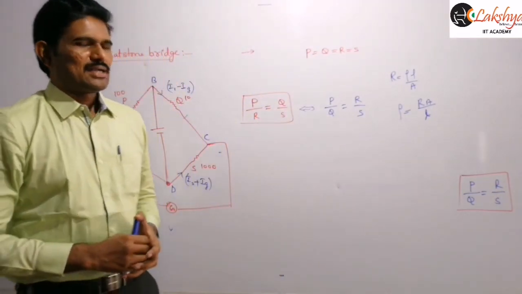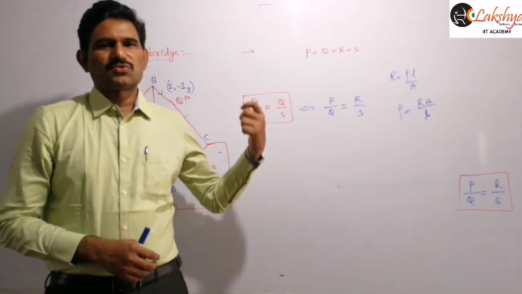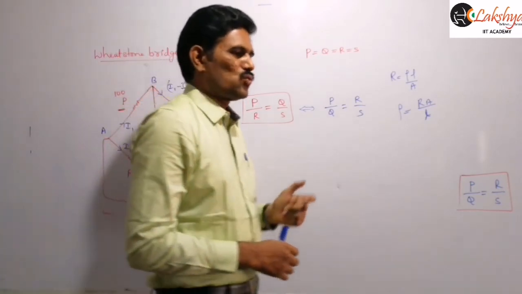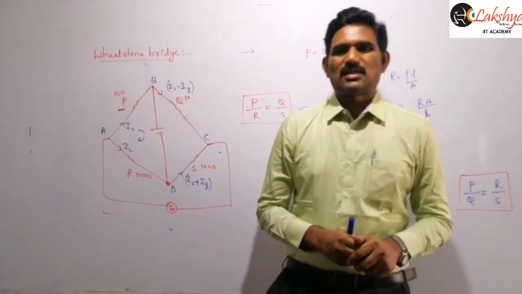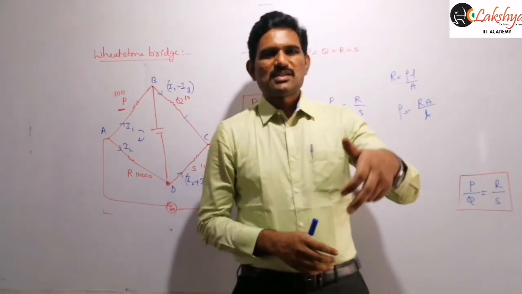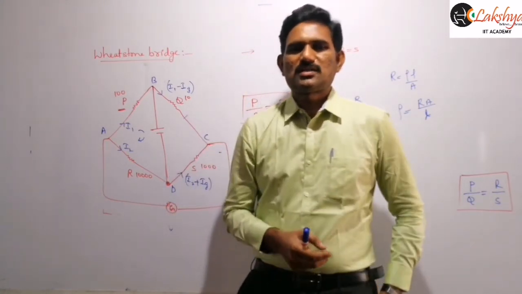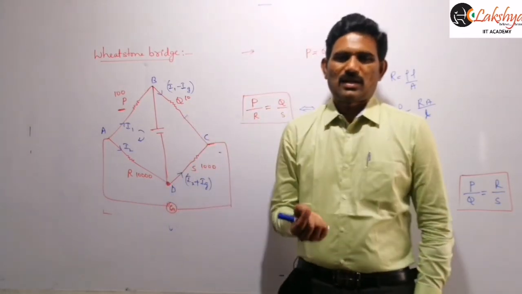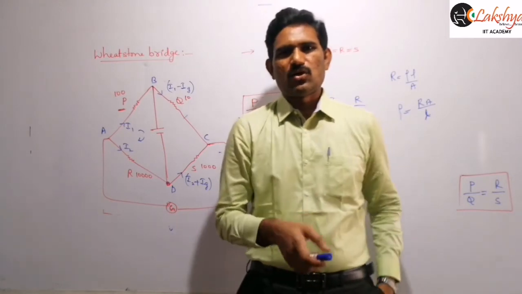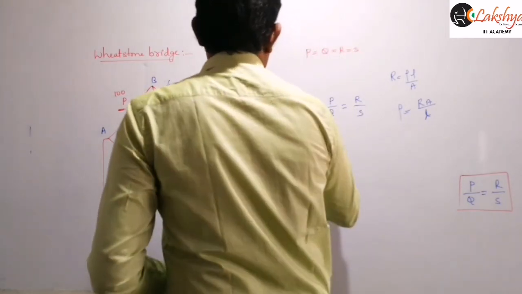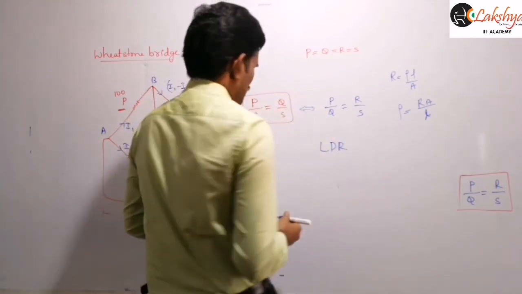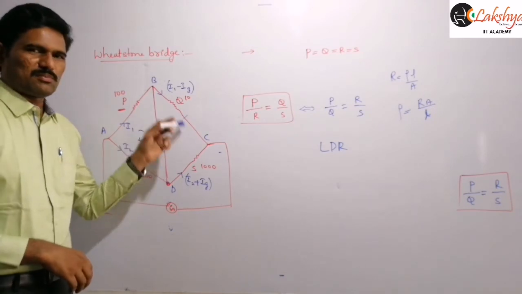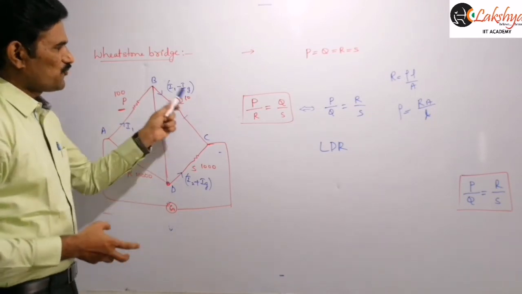And similarly, in the beginning I said it is also used to measure the intensity of light. There are certain resistors whose value depends on the light intensity. If that resistor is exposed to light, then the resistance of such materials changes. Those are said to be LDR, light dependent resistors. So if such a light dependent resistor is connected in one of the arms here,